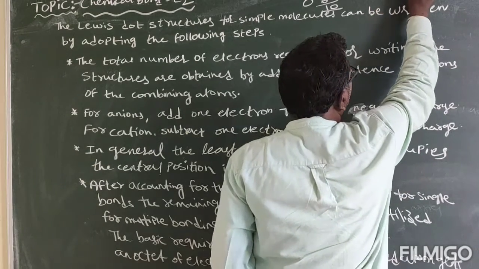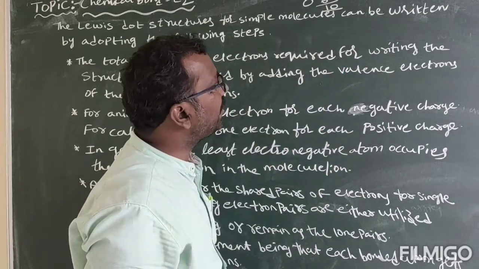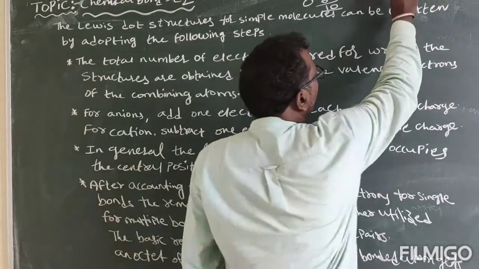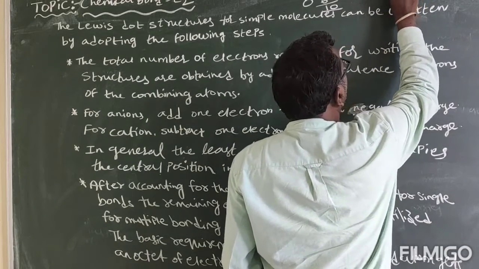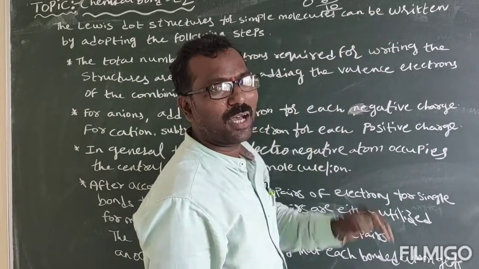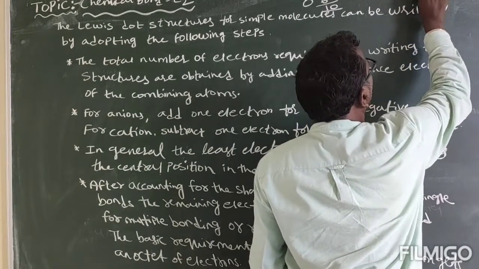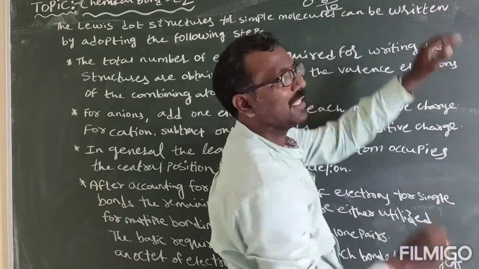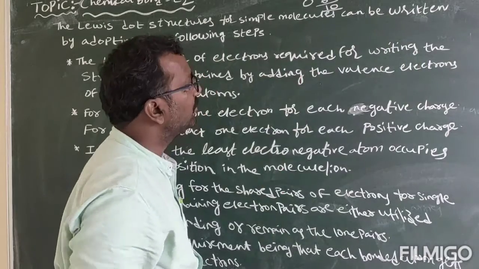How did we distribute those 10 between carbon and oxygen? First, oxygen needs 2, so I have made a double bond. How many electrons are gone now totally? 4 electrons are already within. So now oxygen needs how many? Some 4. Totally 8 valency electrons you are seeing for oxygen. It is completed. Now coming to the point of carbon.